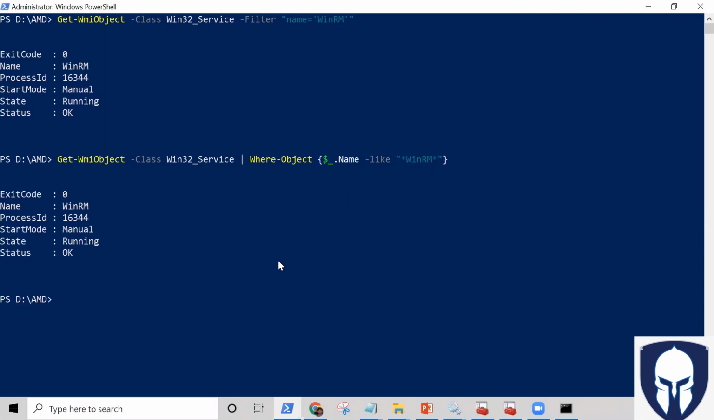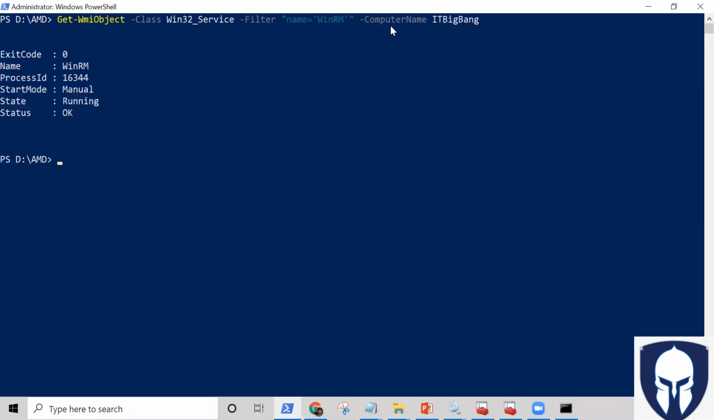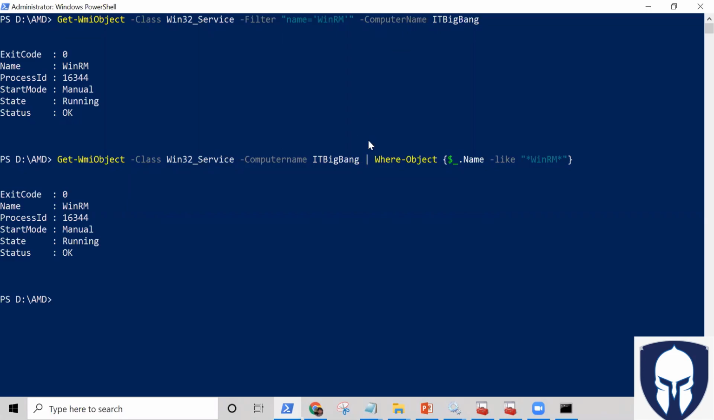Okay. Now the key difference here is when I do this. Okay, let's imagine we are doing this in the remote computer. Computer name is ITP Bank. And this is also happening in the remote computer. Computer name IT Big Bang. Okay. The key difference here is when you use where hyphen object, okay, the filtering will not happen in the